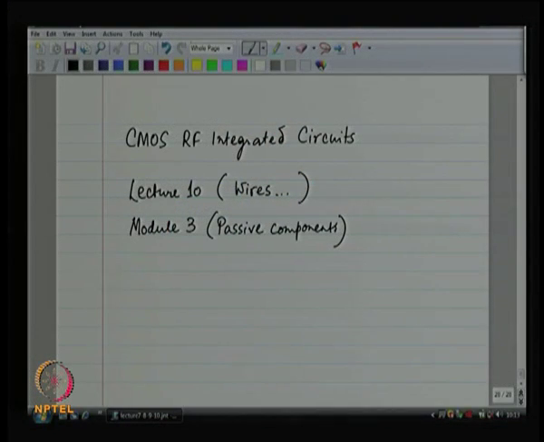Okay, welcome back to CMOS RF integrated circuits. We are at lecture 10, part of module 3. We were discussing passive components, and as part of that we were discussing wires. So far we have already covered inductors, capacitors, resistors, all of this stuff. We were discussing wires, and